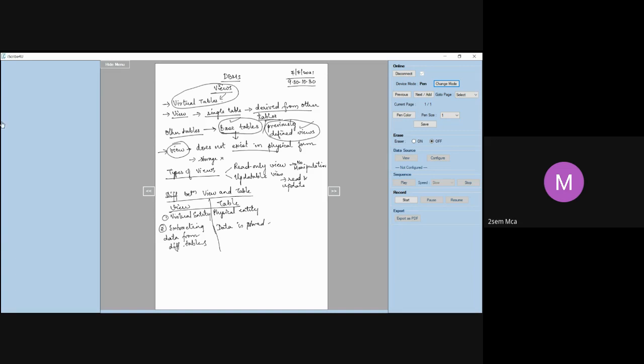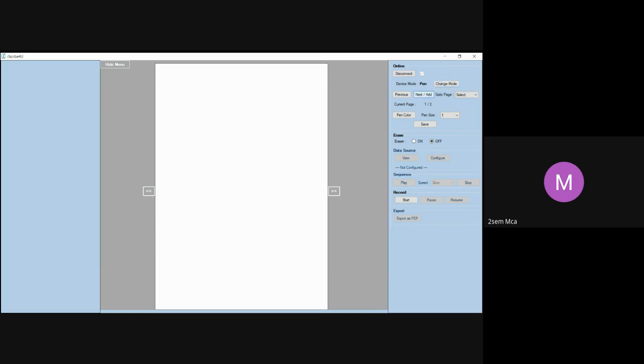Next we will see some examples. Before that, I will show you the syntax for creating a view. Let me change the page. So what is the syntax?